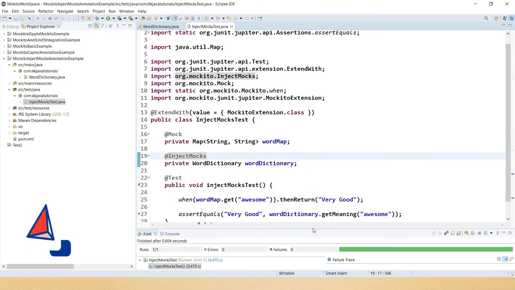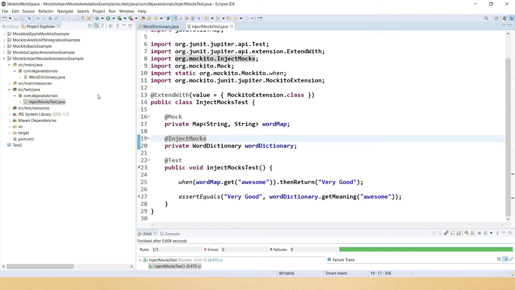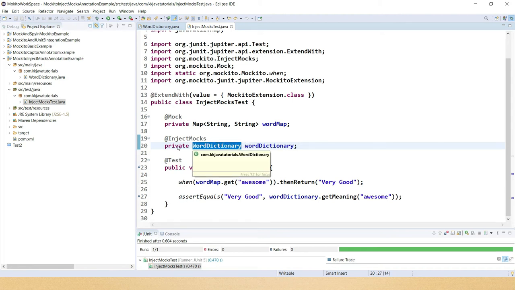Now one thing you have to note, guys: the @Mock annotation, you can use before any interface or class, it doesn't matter, you'll get the mock object. But when we use @InjectMocks, then it has to be an implementation. Of course you can use interface type as well, but at that time you have to instantiate this reference explicitly. Let me show you. As of now this test case is working perfectly fine.